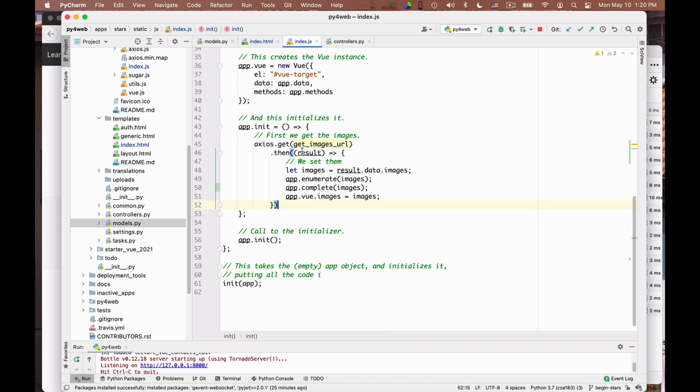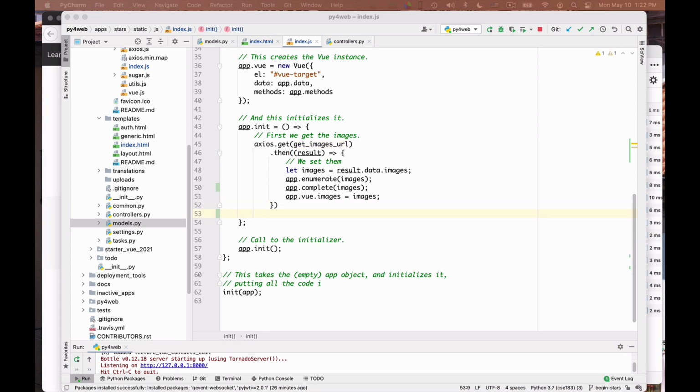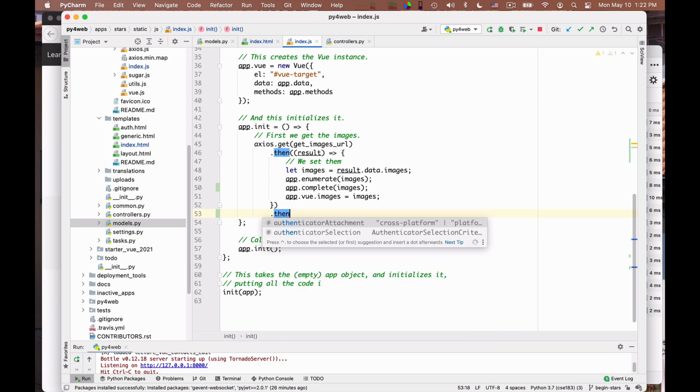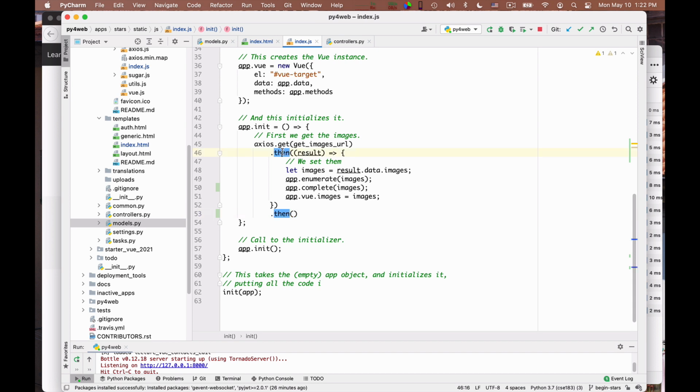Now, here I have gotten my list of images. But what I need to do is get the rating for each image, and the rating is dependent on the user. So let me add here code that asks what is the rating of each image for the current logged in user. Okay, I say another then, you can concatenate thens. This is one of the beauties of promises, right?